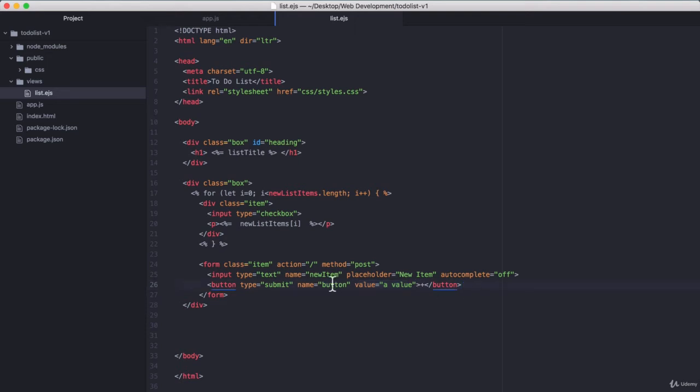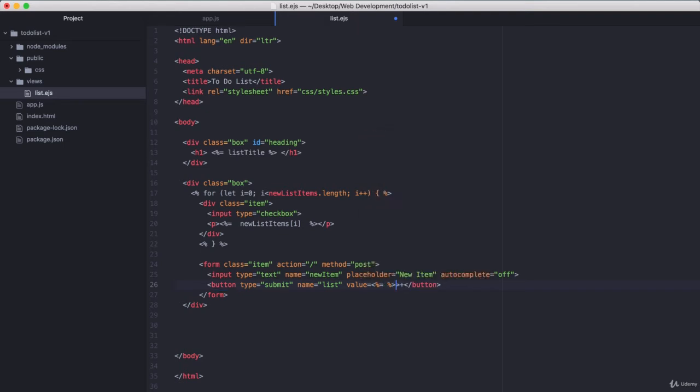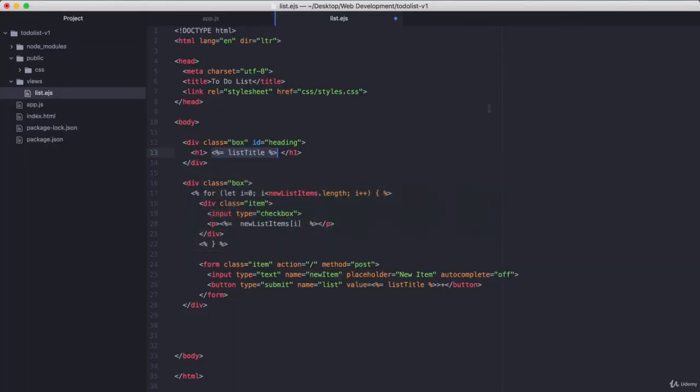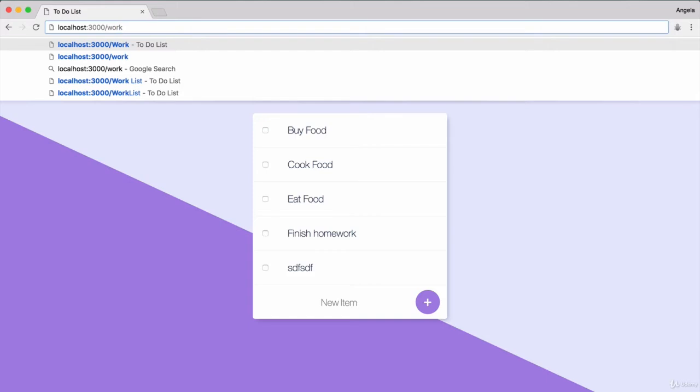So what we can do then is change the name of our submit button to list, and change the value to something dynamic using EJS. So we can say the value is equal to something dynamic that we're going to insert here, and we can change this to the list title. That's the thing that we're getting from the server that we're going to put at the top of our list as the title. So now when I hit save and we try this again, we go over to /work,